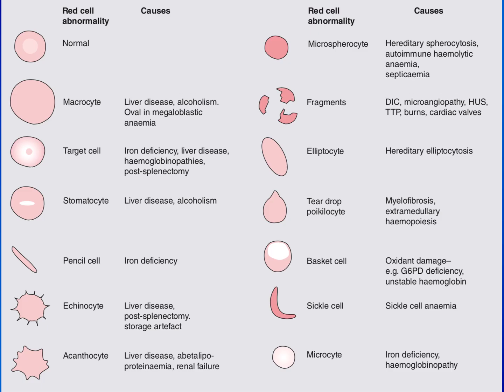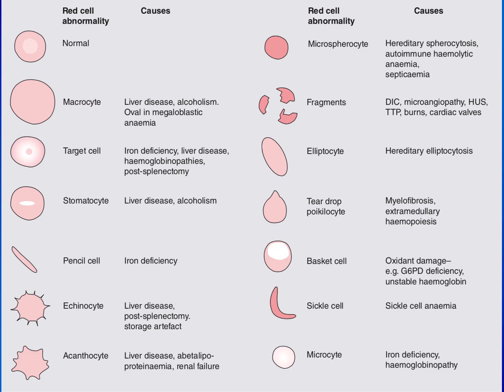Finally, I want to emphasize to you the value of looking at the peripheral smear. The red cell morphology can change depending on different pathologic conditions. On the top left, you can see the normal red cell, which is round with a central pallor. And this is related to its biconcave shape. If the red cell becomes larger, as you see on the left side, you can say this cell is larger than the normal. You can appreciate it under the microscope, and this can occur with liver disease, alcoholism, or with